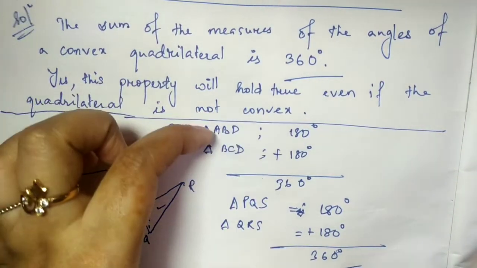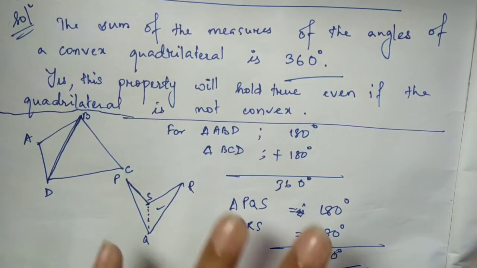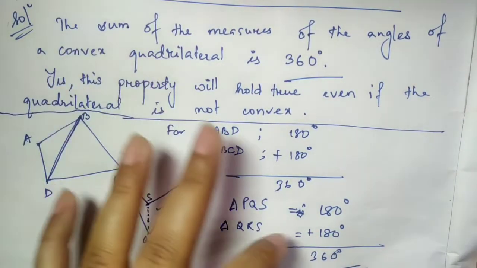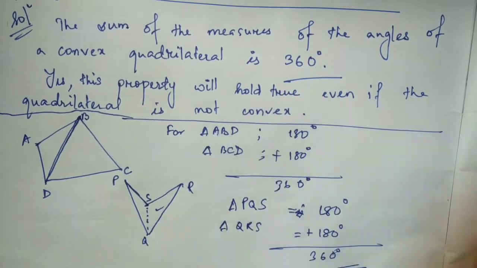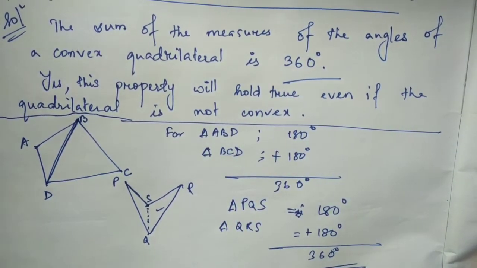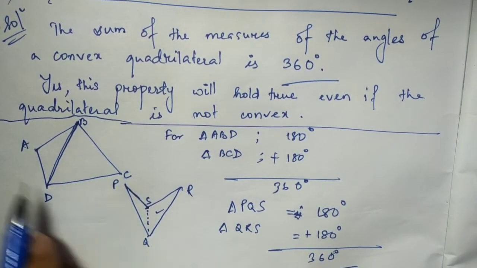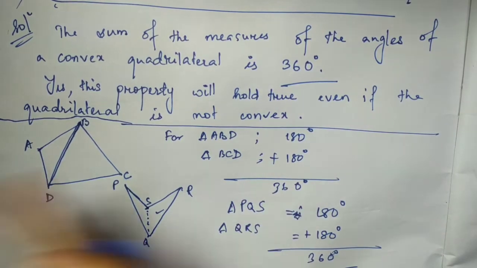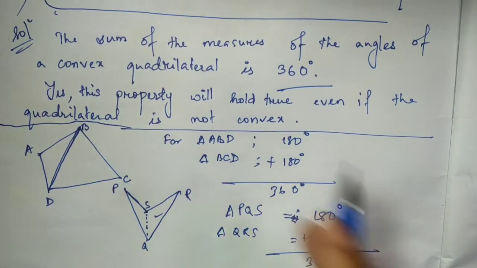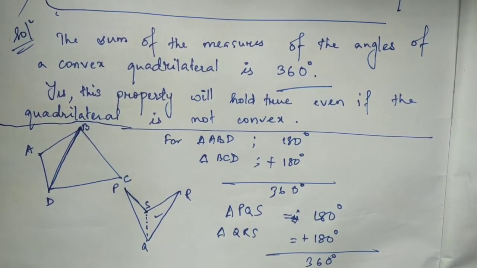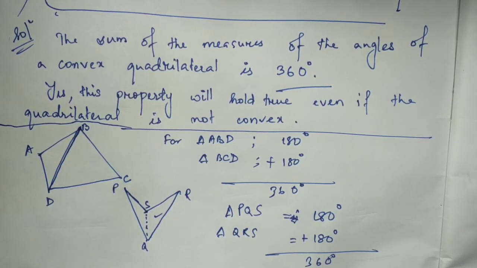This part is not required for you to solve and show. This is required just for you to understand how it happens, because I cannot simply write that yes, it holds true. I can, but I have to make you understand how it works. So please go through this. You can draw any quadrilateral, name it PQRS or ABCD, anything, and you can try. You'll see the sum of the interior angles of a quadrilateral will always give you 360 degrees.